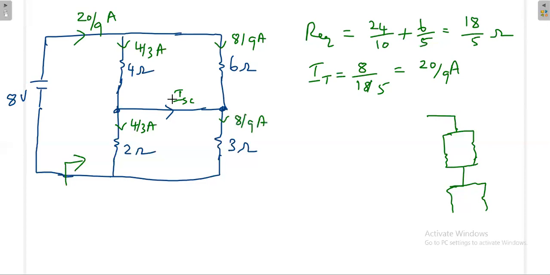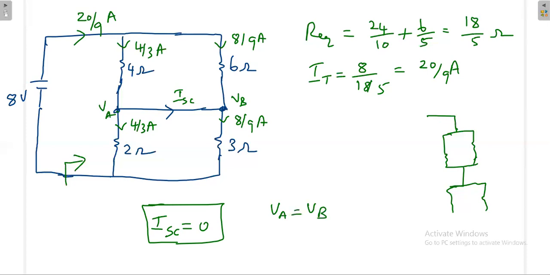So finally what is understood: 4 by 3 is coming, 4 by 3 is going in this way. From this, I short circuit is 0. So what is finally understood? Once the short circuit current is 0, then really there is no voltage difference here. Voltage also 0. Here you may have some voltage, but finally VA is equal to VB. Really they are short. Definitely there is no voltage difference actually. VAB is equal to 0.